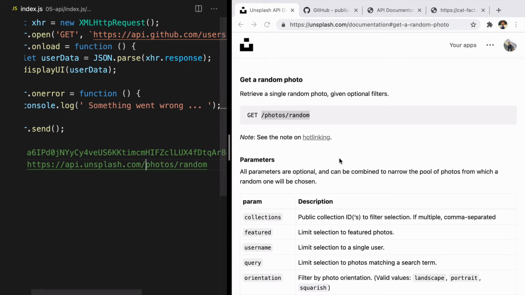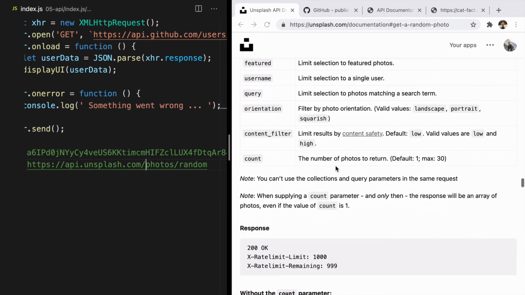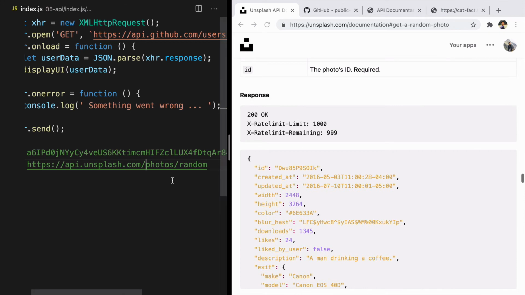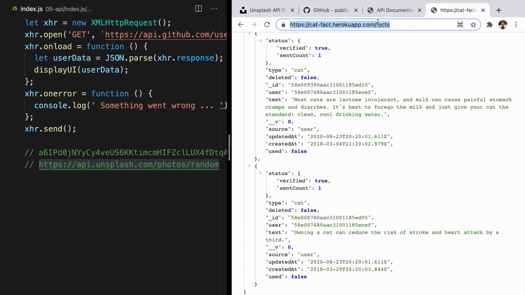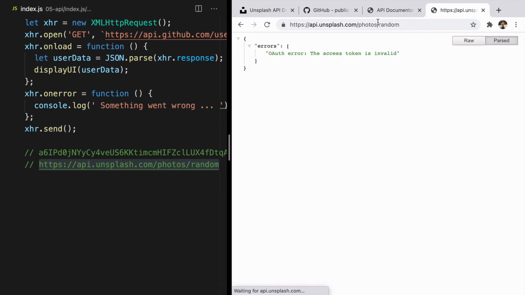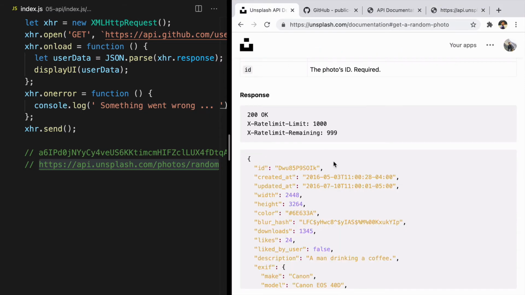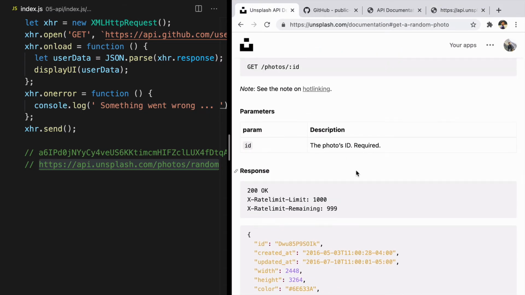So here I'll save it, and what I need to do is pass the authentication. If you just go on to this URL right now, it will not give you anything. So let's try it out. Here, paste it, and it will say it is not authorized. You need to send a token also. So let's see how you can send the token.